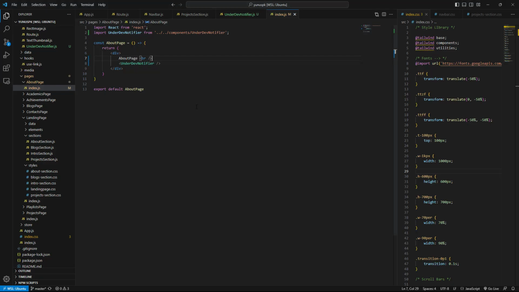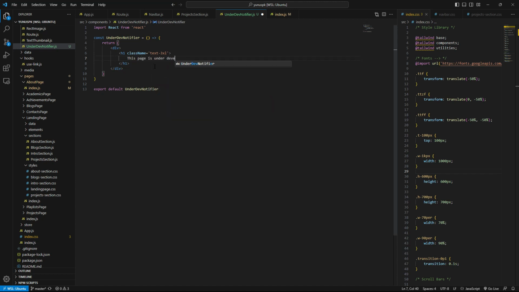The about page. Oh, why? Okay, if I just do that, under the dev notifier, we're gonna say this page is under development, exclamation mark, and we're not gonna go 3xl, so we're gonna make it a 4xl thing.